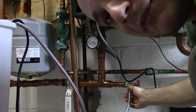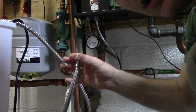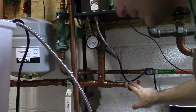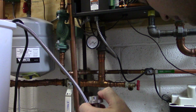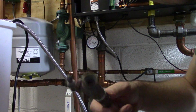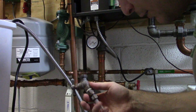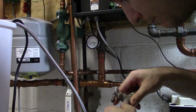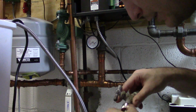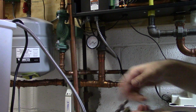Okay, sorry about that. We're going to have to take a little step back. We're going to take the hose off of the boiler itself, the supply side, or the inlet. Now I have just a little garden hose I made up. Now there's water on the other side of this. To prime a pump, all we're going to do is hook this hose to here, turn on the water valve,